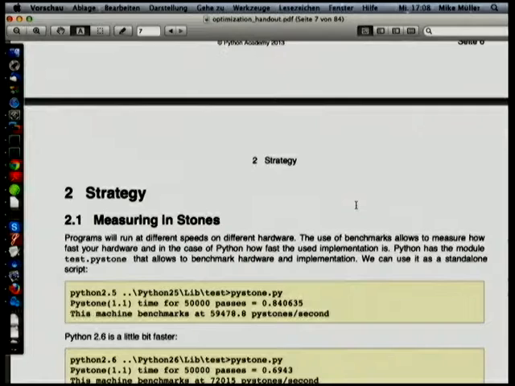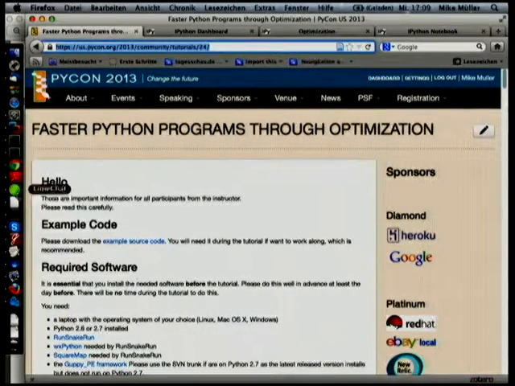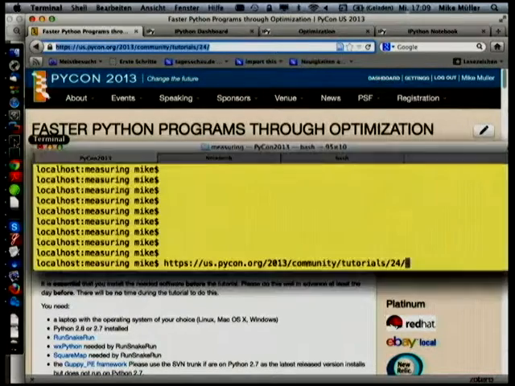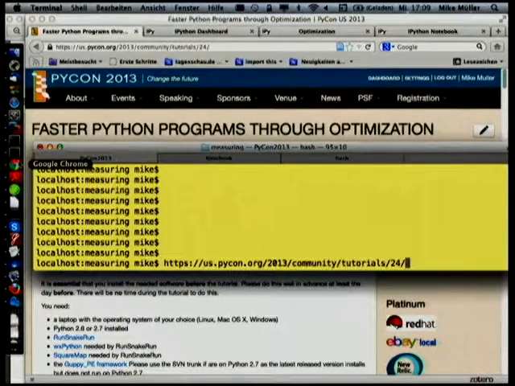Okay, let's get started. Everybody should have, as I mentioned again, gone to the website and downloaded the examples. If you go to this website, that's a URL again: PyCon 2013 Community Tutorials 24. Download the source code, and then there are a few things to